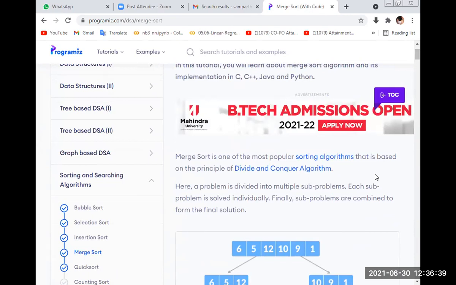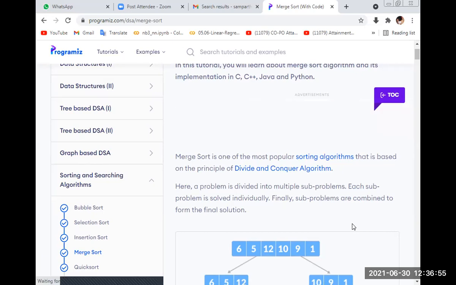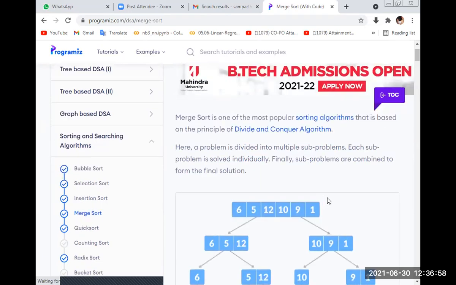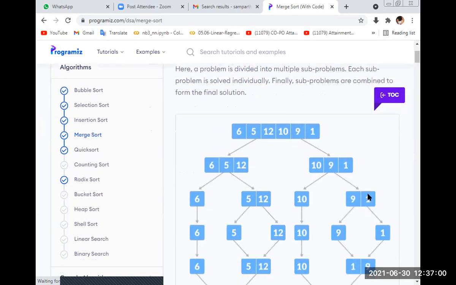Here the problem is divided into sub problems. Then finally the sub problems are combined, and we combine the solutions of sub problems, which will come as the final solution to the given problem.